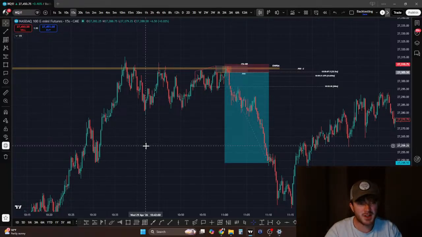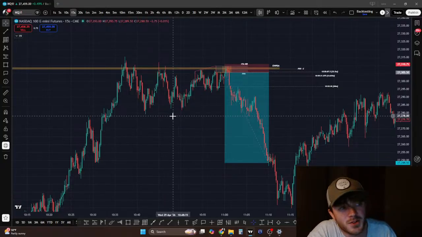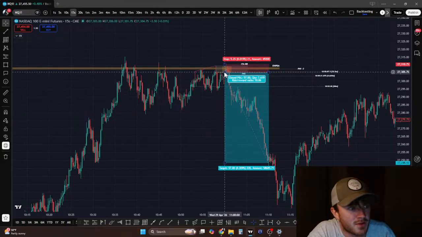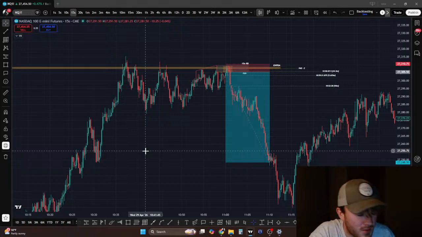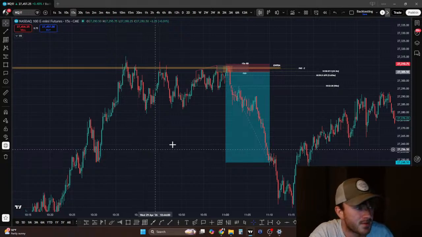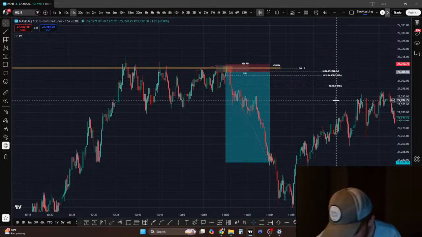Do you only trade NQ and ES also, or what about GS and oil? Do I trade? I don't usually trade them, but I'm not opposed to. I think it'd be cool to learn or to look at them more often. I don't usually backtest them though, but it'd be cool to look at them every once in a while.